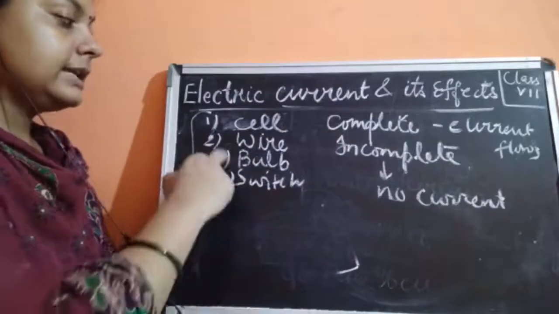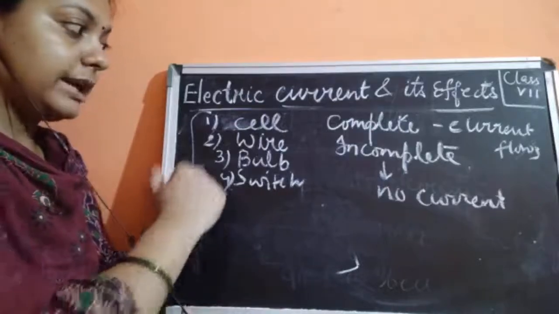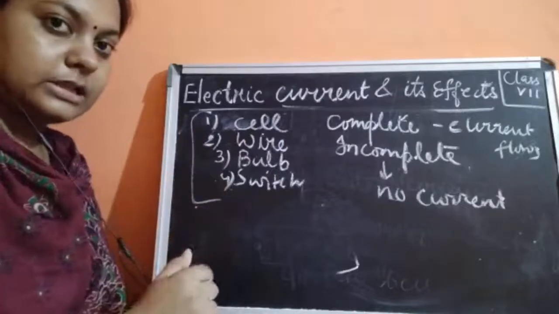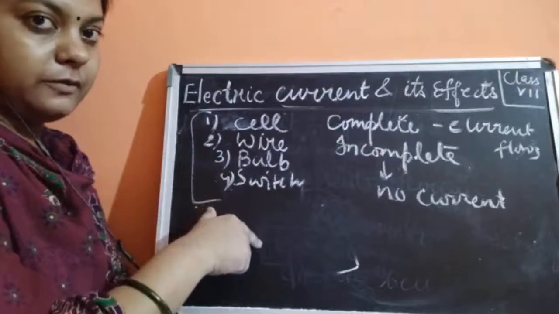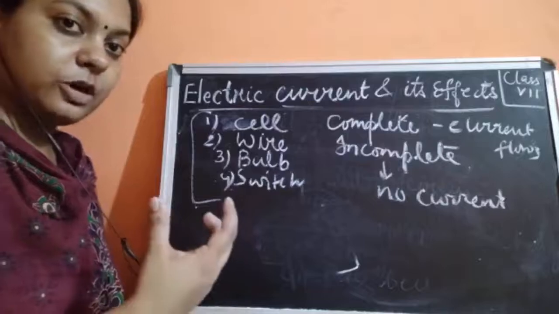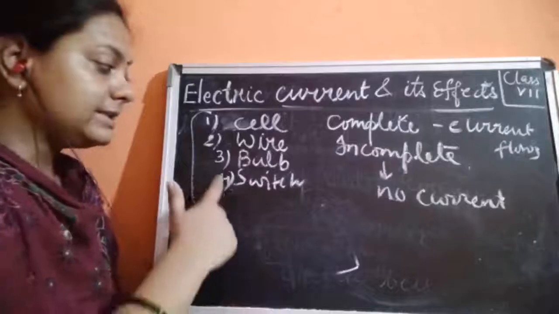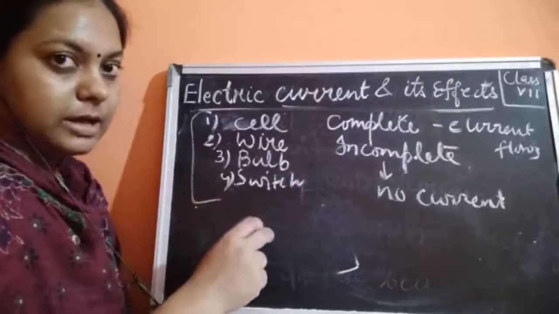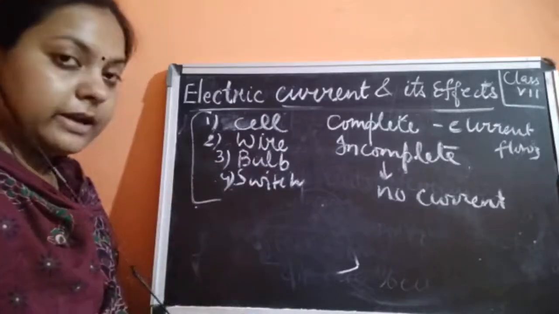Okay. Next thing is the wire. What does this wire do? Wire is going to connect all the things together. The cell, bulb, switch, all these are connected together, and it helps the electric current to flow. It means it gives a pathway for the electric current to flow. Next, what is a bulb? Bulb is a device with which you can detect whether a current is flowing in this circuit or not. Instead of this bulb, you can use a fan, a small light, or any object. But still, this shows you the result whether the electric current is flowing or not.